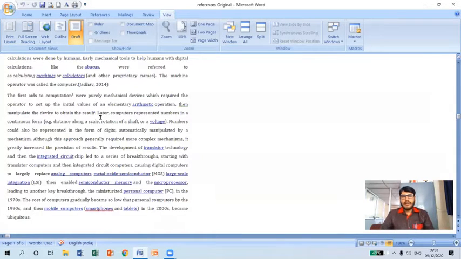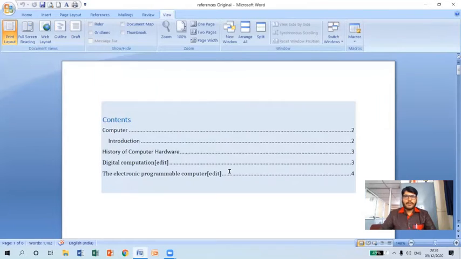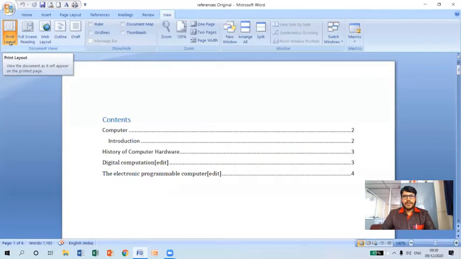Once in an examination, they have asked for 5 marks, saying explain different document views. At that time, you need to highlight these 5 document views along with a little bit of explanation regarding those views. So the default view will be print layout view only. Whenever we open a fresh new document, by default it will display print layout view. It will show the document how it can be printed in a page. In that manner it will show the document. So this is regarding the document view group.